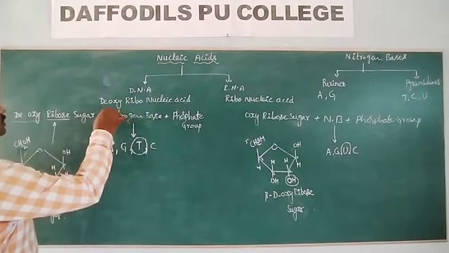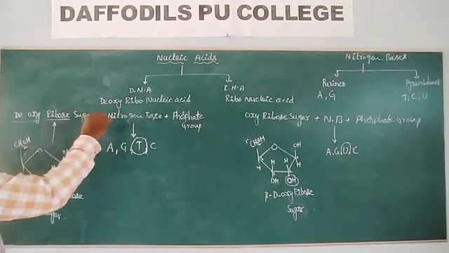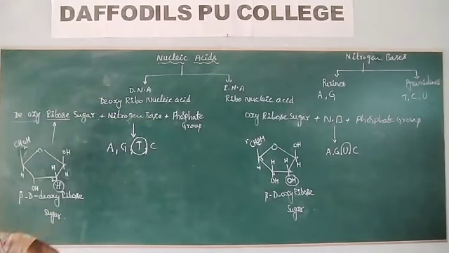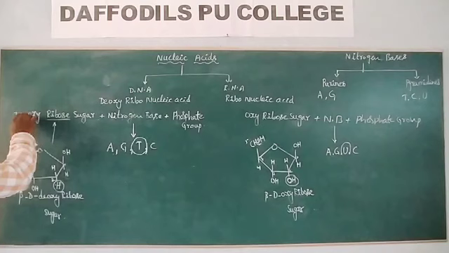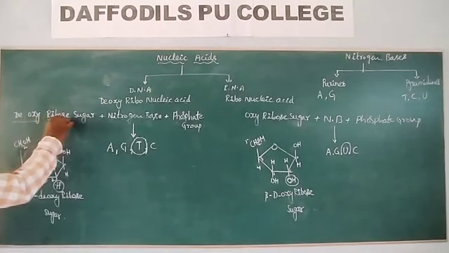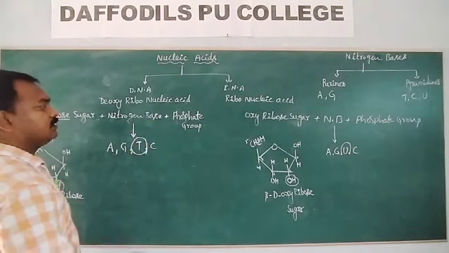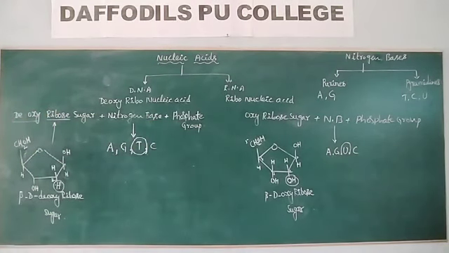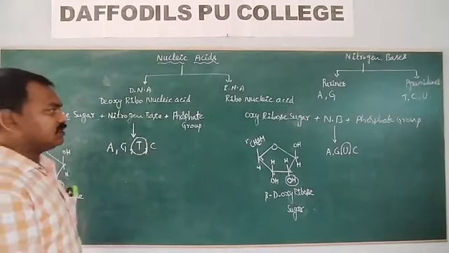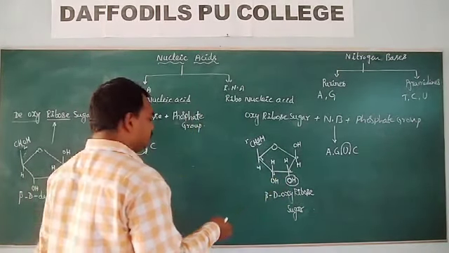Now we have to discuss what deoxyribose is and what the nucleic acids are. A DNA contains deoxyribose sugar, or simply you can call it ribose sugar, a nitrogen base and a phosphate group. Here I have shown this ribose. First we will discuss RNA, and after that we will look at DNA.